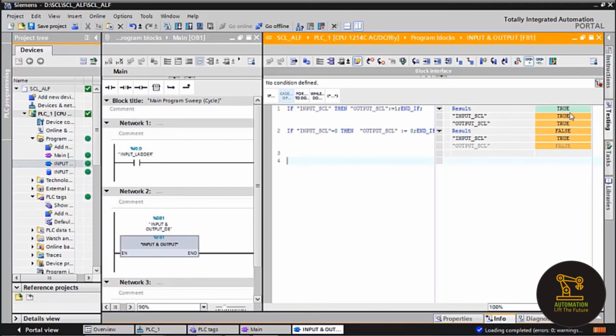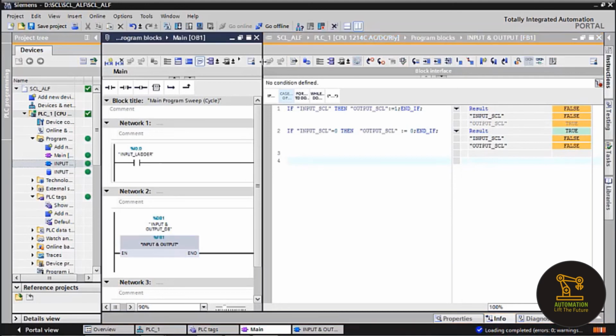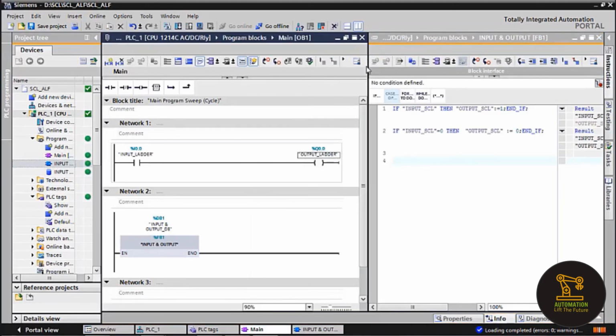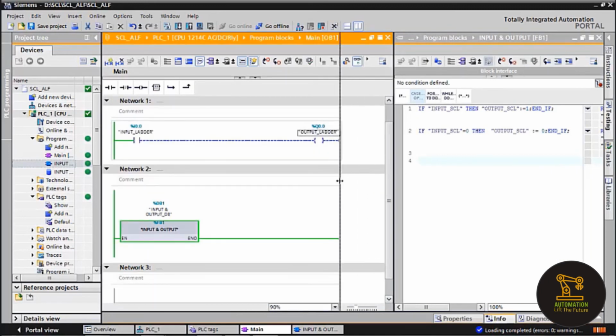Now the input is true, output is true. This is the first line, and the second line, input is false and output is false. In this way you can see the output in SCL.